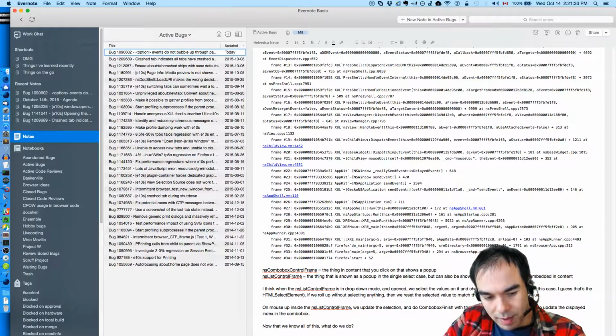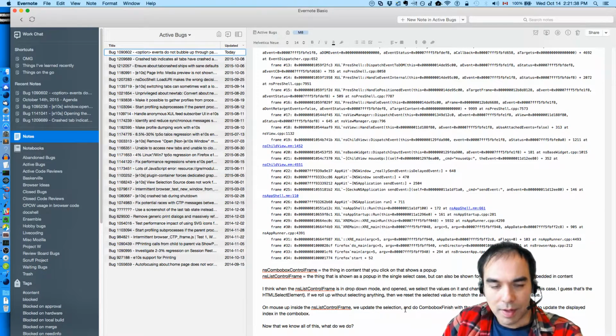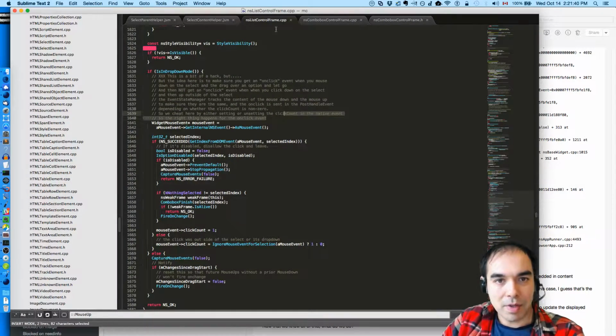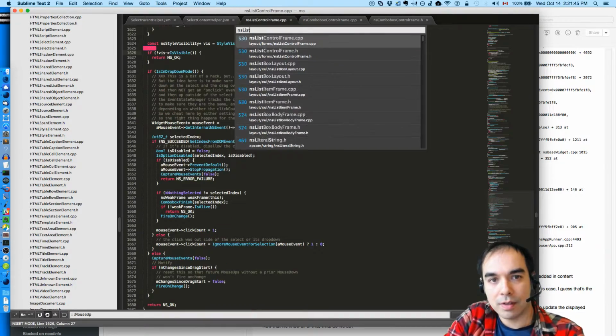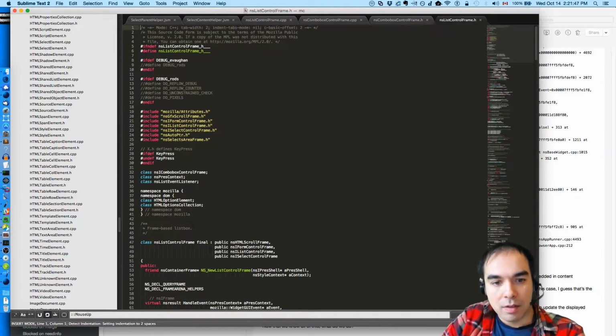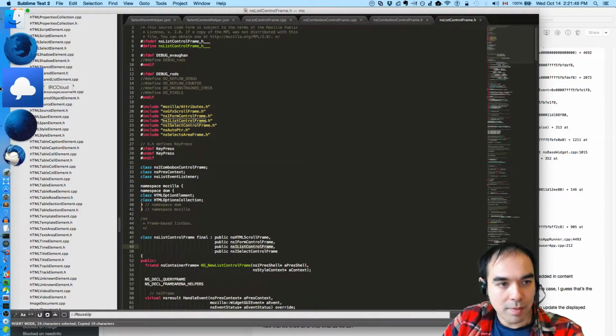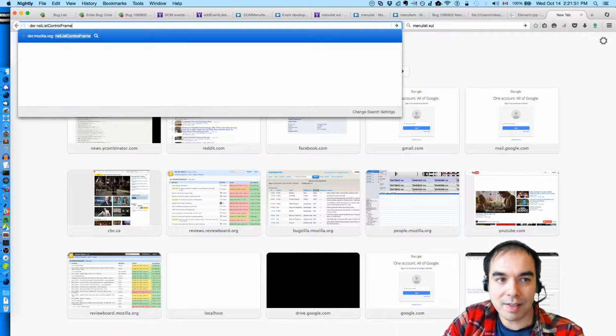Maybe we shouldn't be selecting the NS list control frame. Is that something that I can manipulate from XPCOM, like with privileged script? Is there NSI list control frame? Is that a thing I can mess around with? I have a feeling it's not.